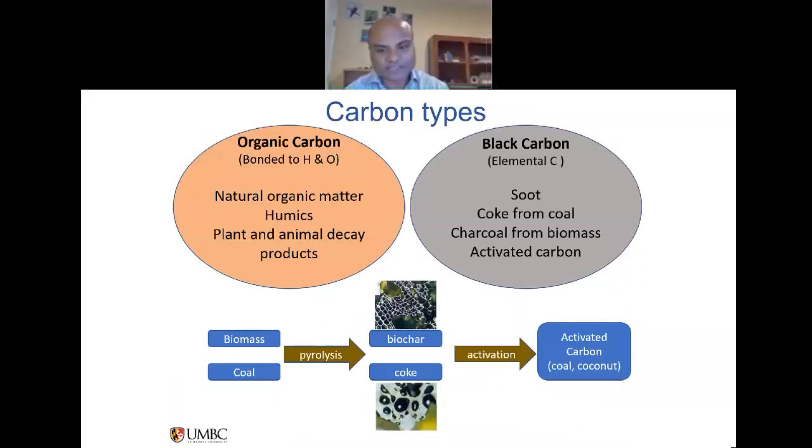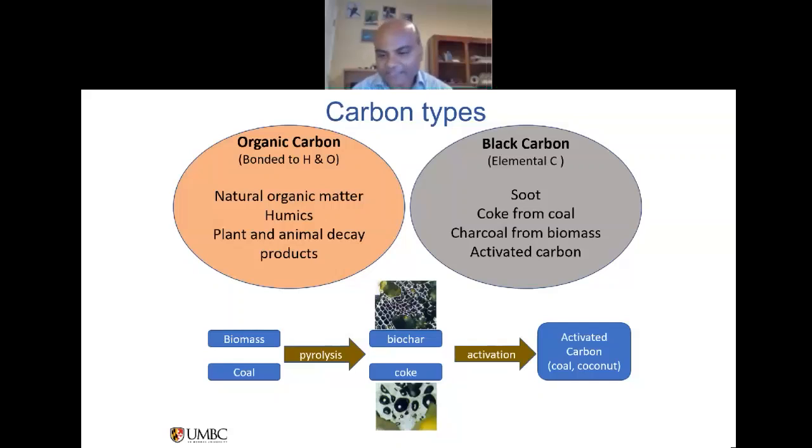So we start off with natural organic matter, where carbon is bonded to hydrogen and oxygen, and that's what we are made of. That's what plants are made of. That's what decaying vegetation is made of. And that has some sorption capacity for these hydrophobic chemicals. But when that material goes through a high temperature process, like in a forest fire or in a coke oven, or in my backyard barbecue, I produce this black carbon, which is a graphitic form of carbon. It changes the structure of the surface, making it a lot more sorptive. And these hydrophobic chemicals then bind to the surfaces of these black carbon materials.